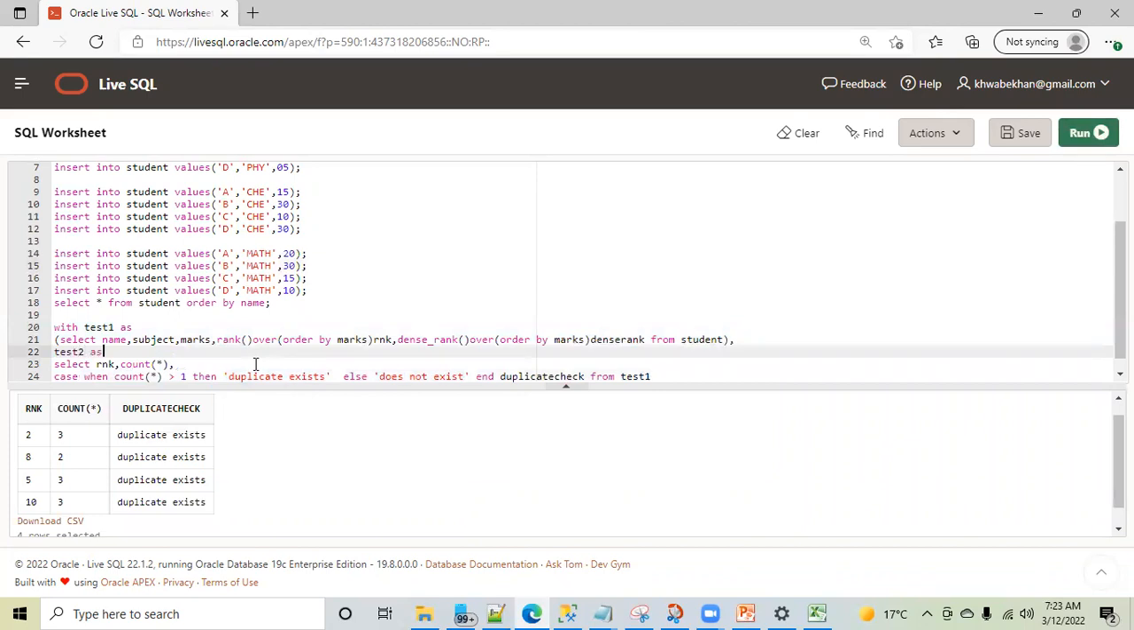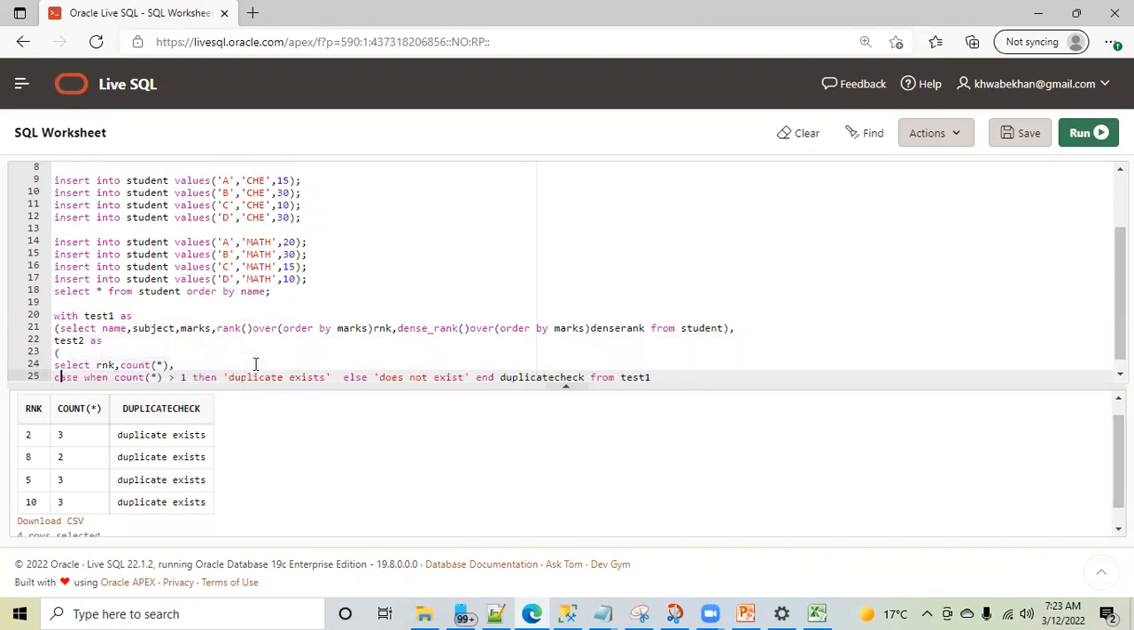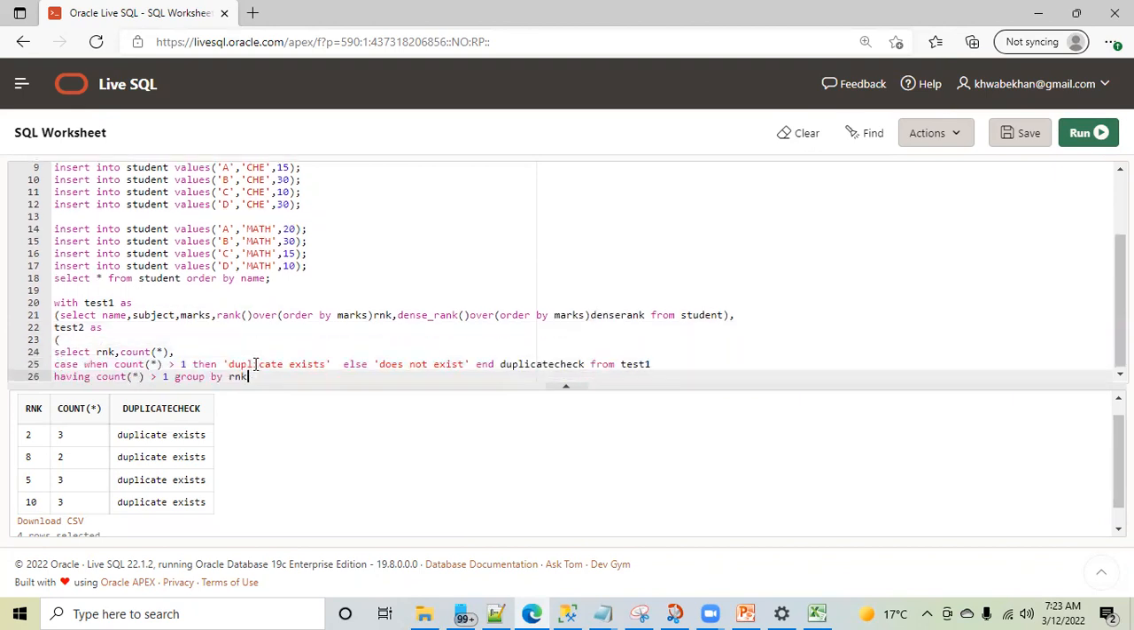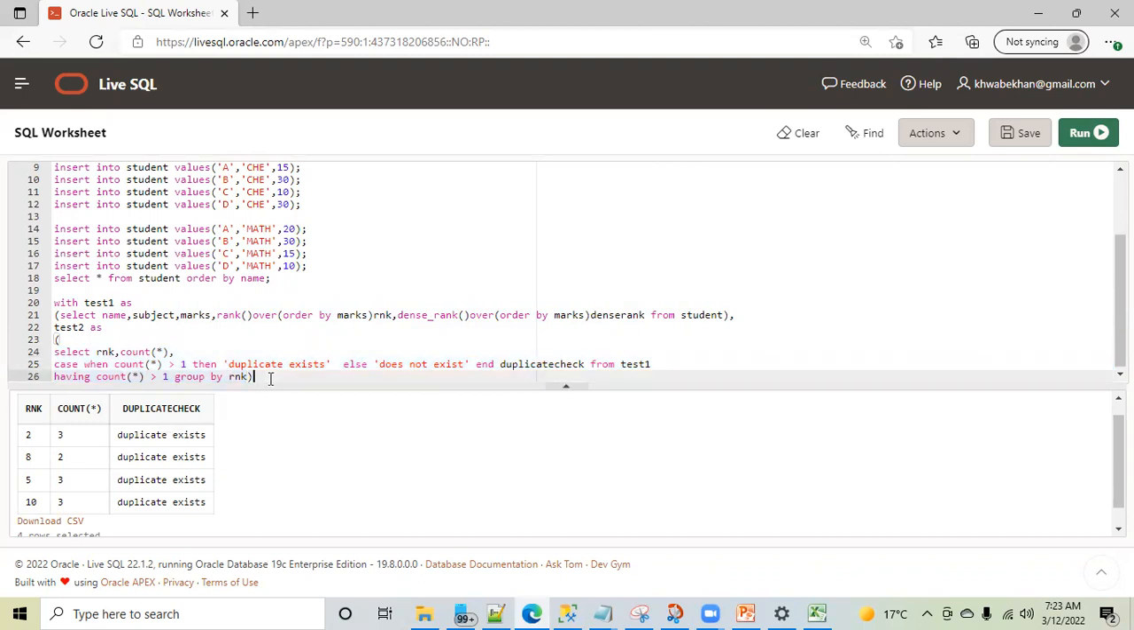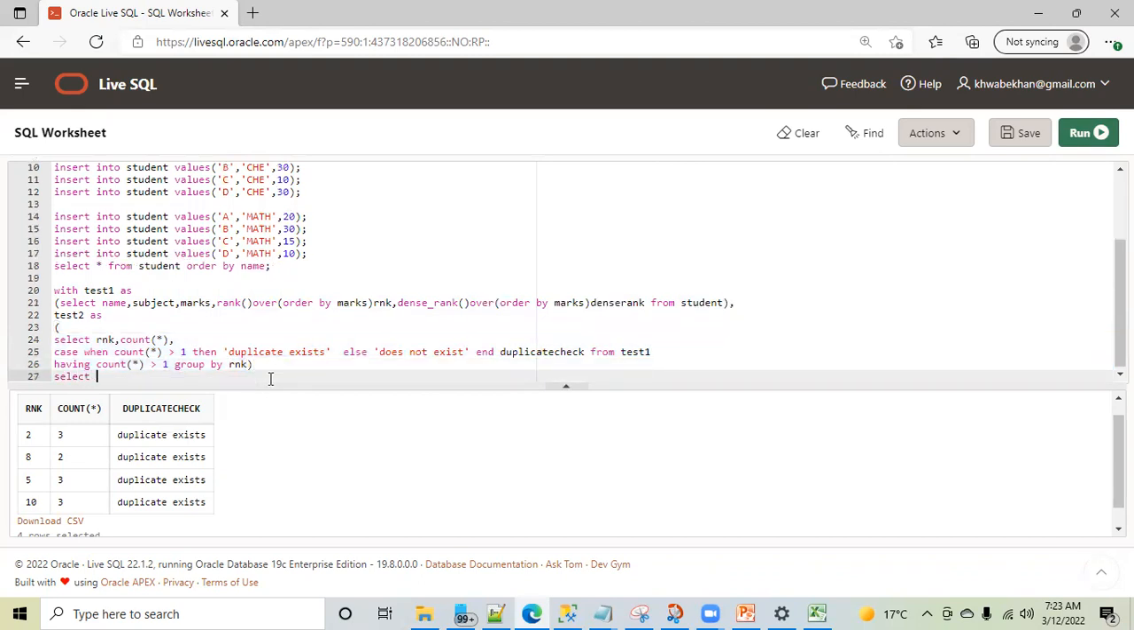Test2 as. I'm keeping the query which we have written in another test. So, this was test1. Now this query which we have written, I'm keeping in another test, test2. Then what I will do is write select distinct